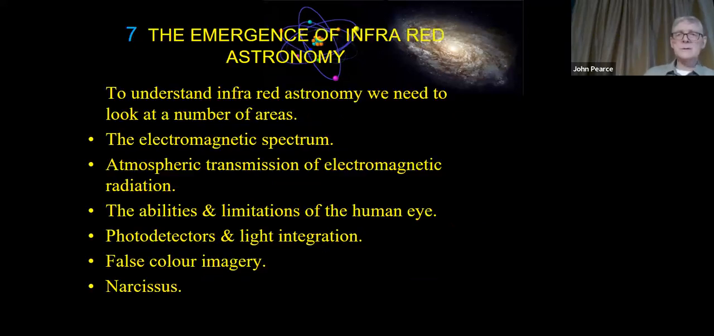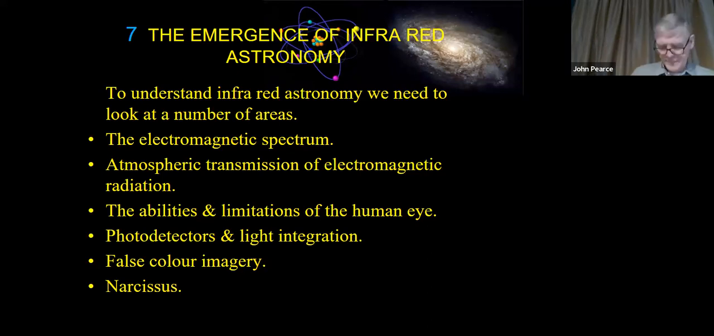So what that meant was that you needed to look at infrared astronomy. In other words, you needed to look at light beyond the normal visible wavelengths. And so we need to look here to understand that, these points: the electromagnetic spectrum, the atmospheric transmission of electromagnetic radiation, the abilities and limitations of the human eye, photodetectors and light integration, false color imagery, and Narcissus. And I'm sorry if this is a great load of data, but hopefully we can step through this and gain